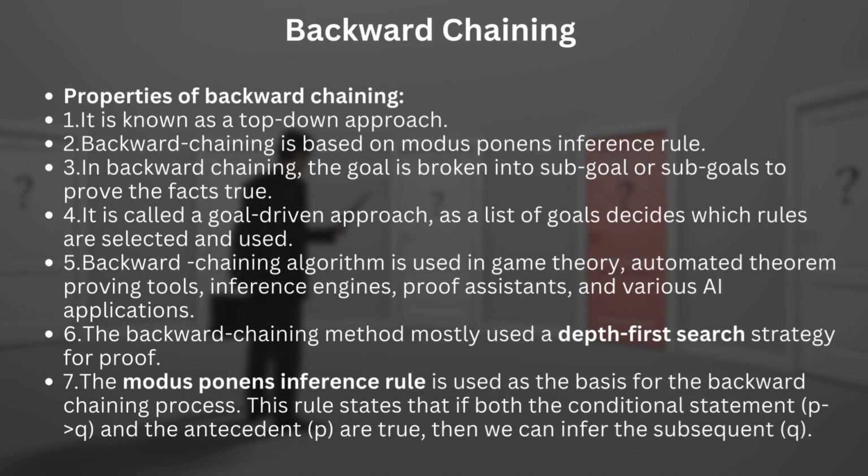The modus ponens inference rule is used as the basis of backward chaining. This rule states that if both the conditional statement P implies Q and the antecedent P are true, then we can infer the subsequent Q. After the forward arrow, Q is known as the subsequent, and before the forward arrow, P is known as the